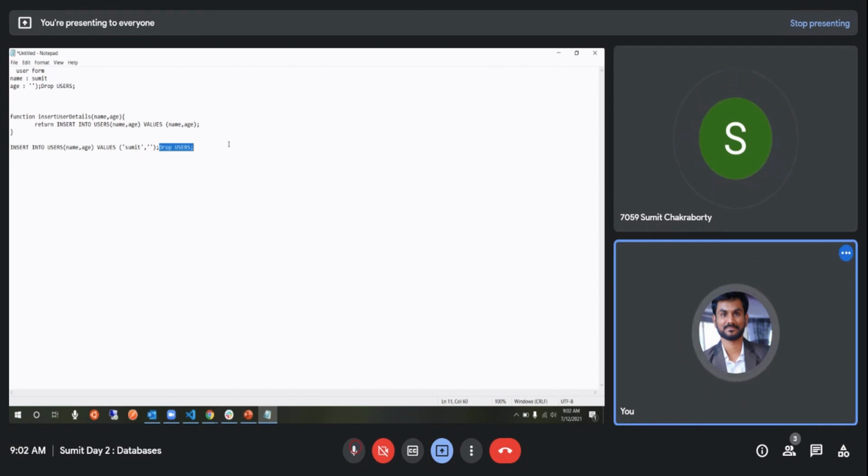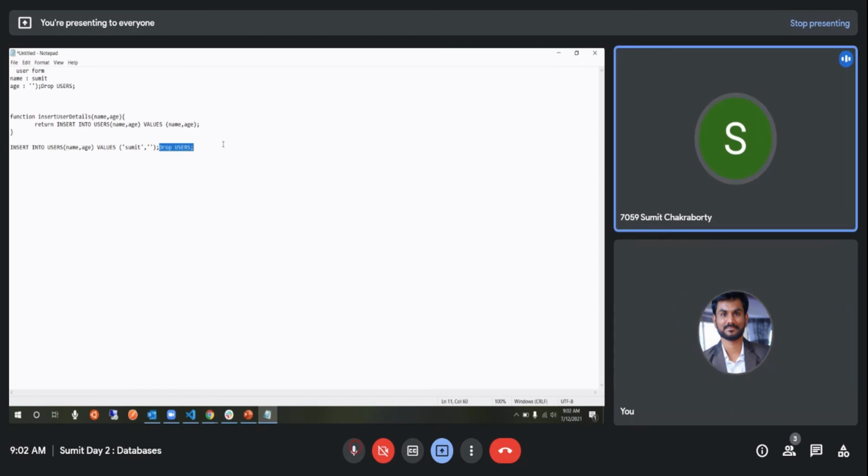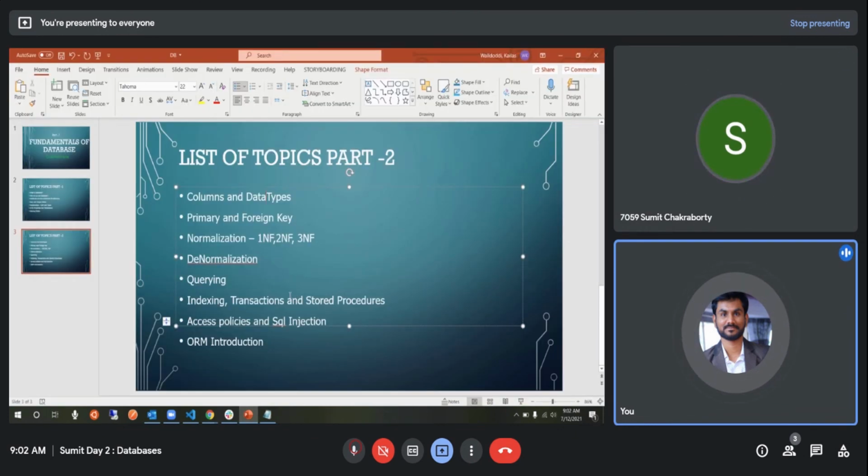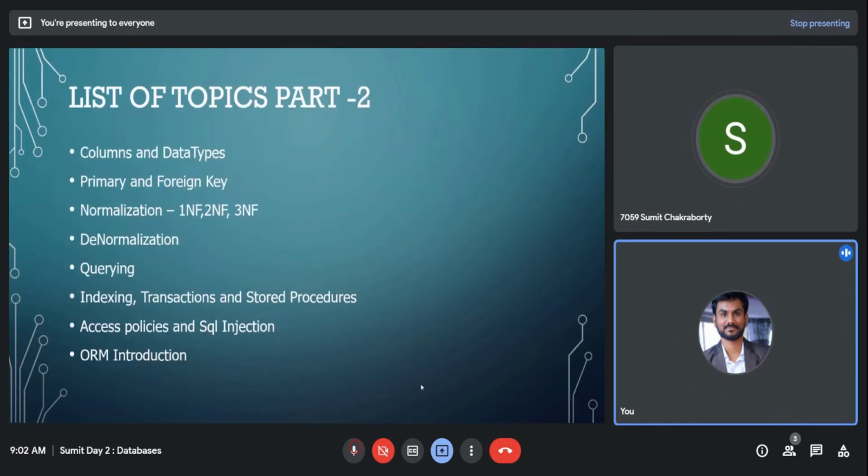Okay, anybody can do it. So if you have thousands of users' information and somebody suddenly does this, right? You have lost everything. Correct? This is SQL injection. We'll go ahead and learn about how to avoid that going forward. Okay. So I just wanted to tell you what SQL injection is. So that's why I just told you.